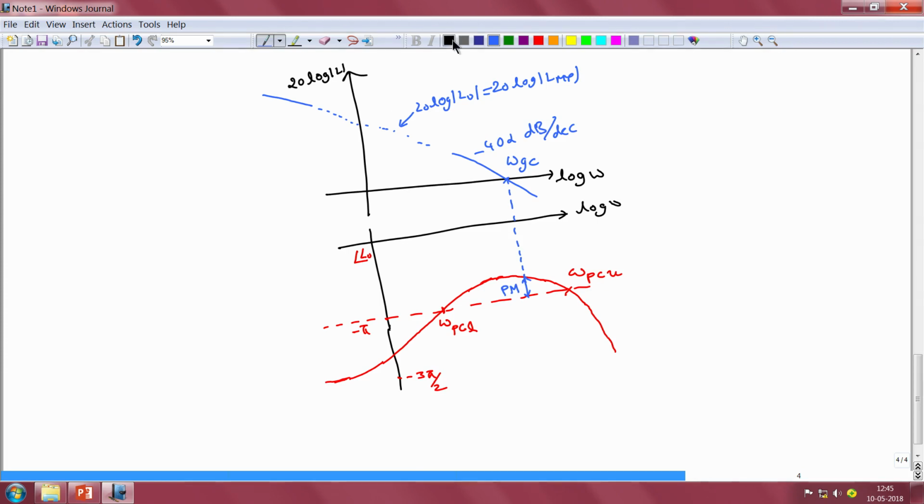So, we can once again write the angle criterion near the gain crossover frequency as angle of L(u) at j omega GC is going to be equal to the angle of the Blaschke product, which is (j omega plus a) by (j omega minus a) at omega GC, plus the angle of the minimum phase part of the loop gain.